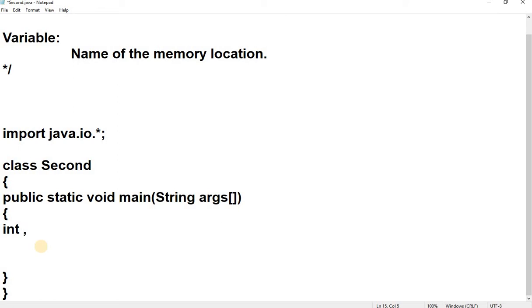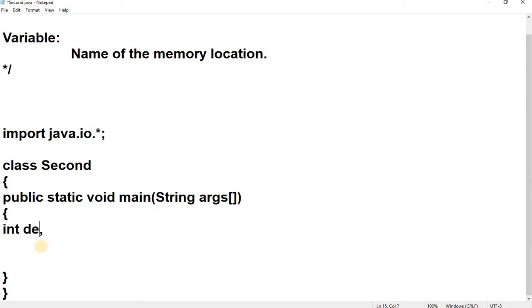I can't use something like import here, it's a keyword. I can't write main because it is already there. So there are certain things you have to identify, like these are the keywords of the program which I can't use as variable names. Main I am also not going to use, because main makes you identify the entry of your program, and that should be a unique identity in your whole program.